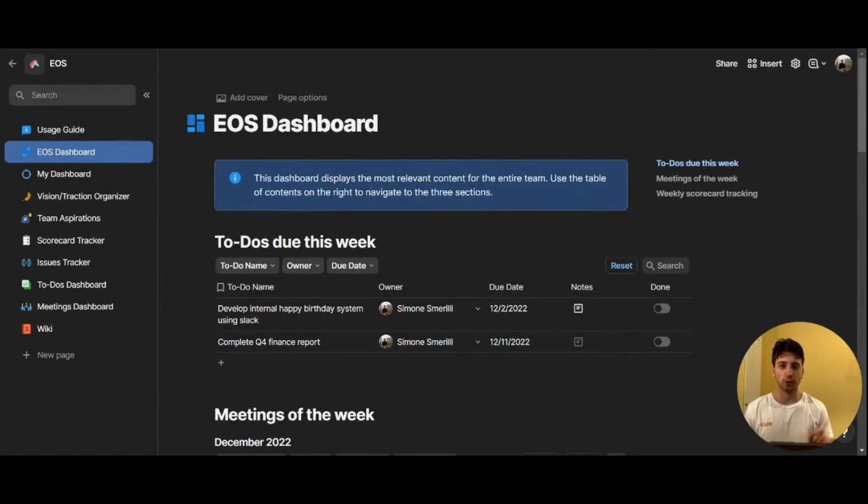In this video, we're going to go through the EOS Coda doc that you can find in the description, and you will understand what the key components of it are, how to manage it, and what you can expect or not expect from it. So the EOS framework is Entrepreneurial Operating System, and it is a clear framework for managing